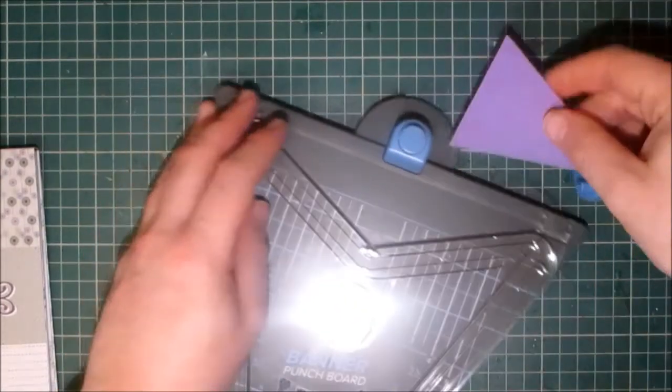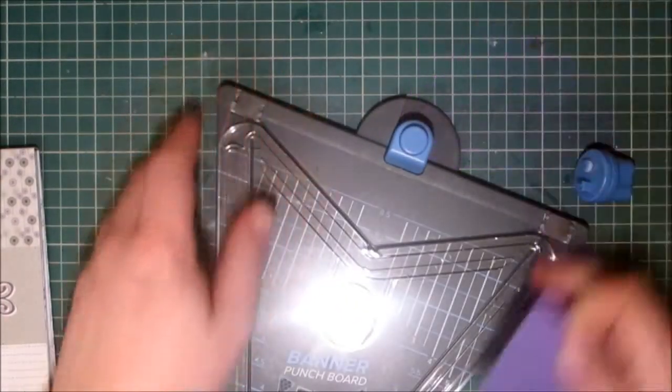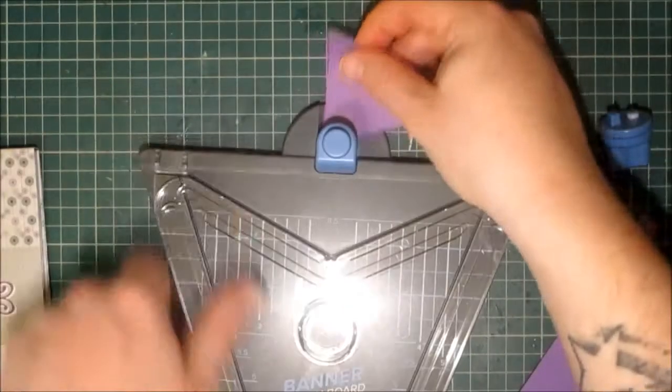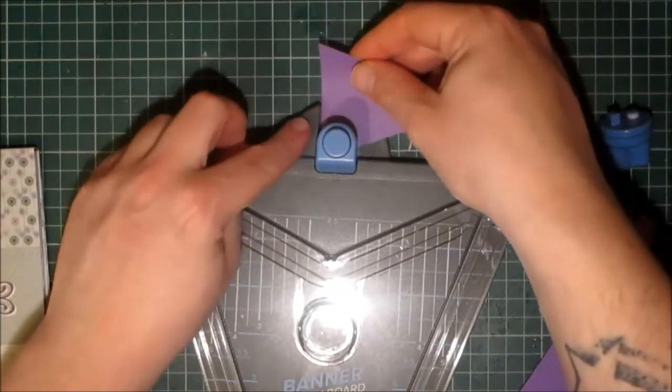And then you go to the back, and it's very important that you line this up correctly. As you can see, there's a line here. I'm hoping that shows up well where my finger is. There's a line there, and then you have the solid one here. So I'm just going to show you the difference. If you line this up to this,